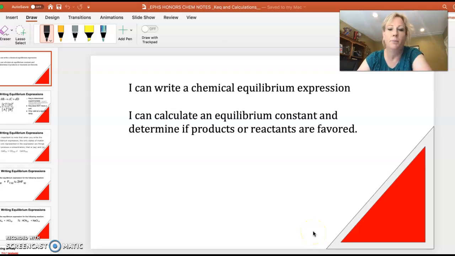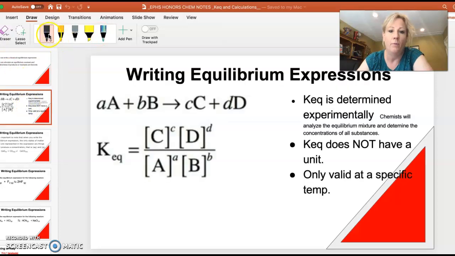Hi, these are notes about chemical equilibrium. There's an expression that we can write, and then also we can calculate the equilibrium constant KQ and look at what that really means. So, writing an equilibrium expression is